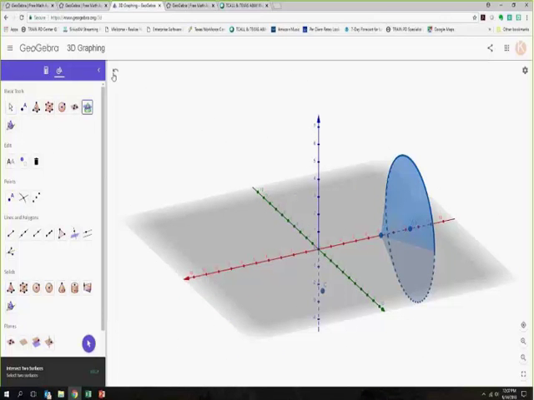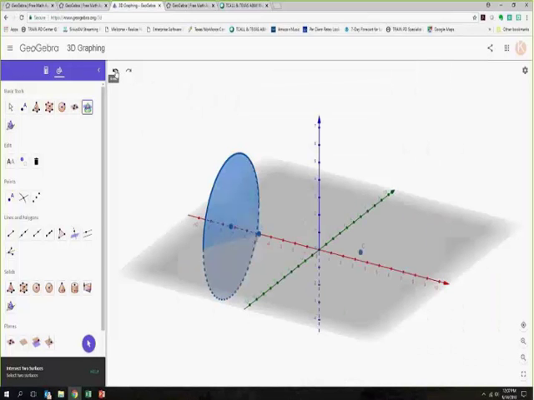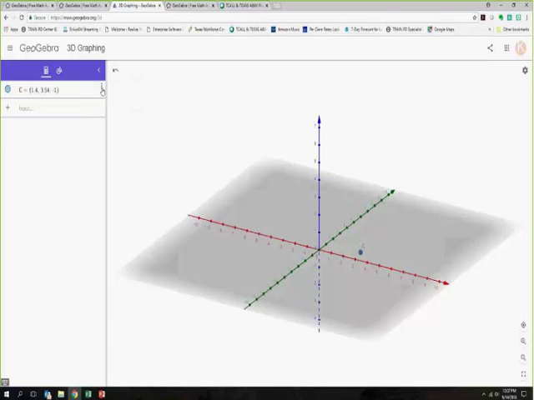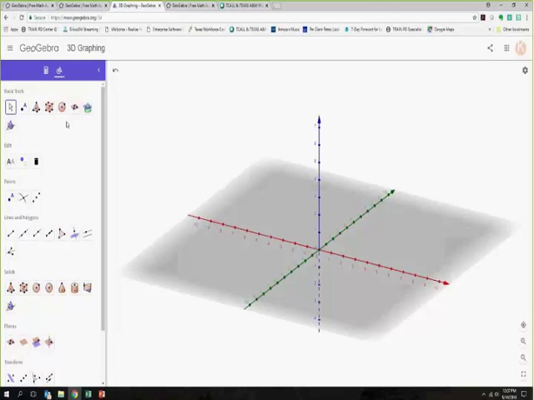Okay, get back to a plain state here. So intersect two surfaces. So if I had a cube and I want to intersect that,